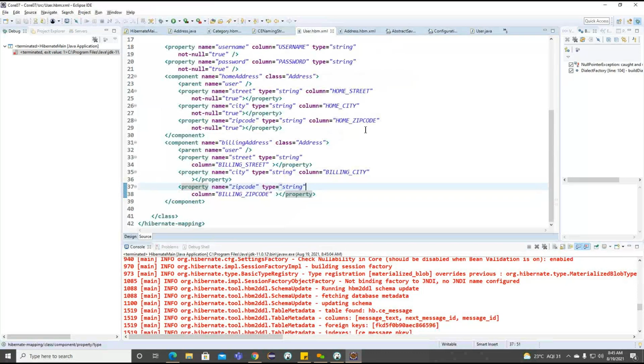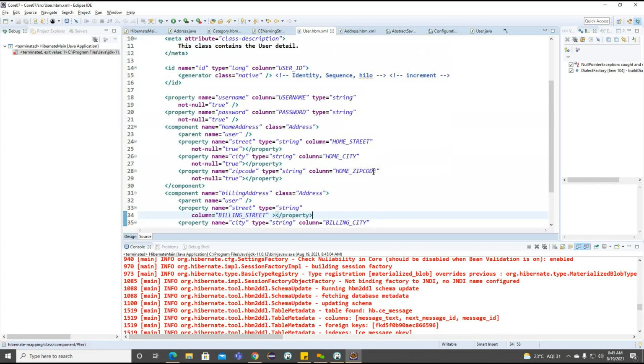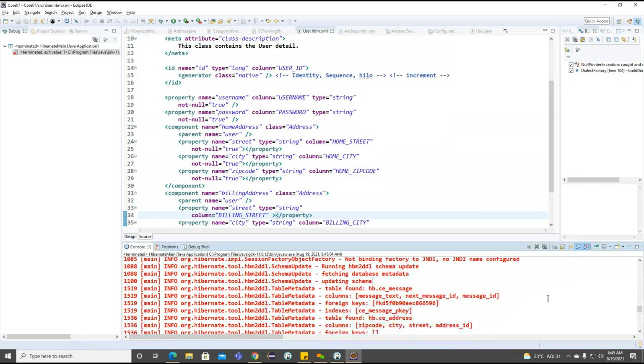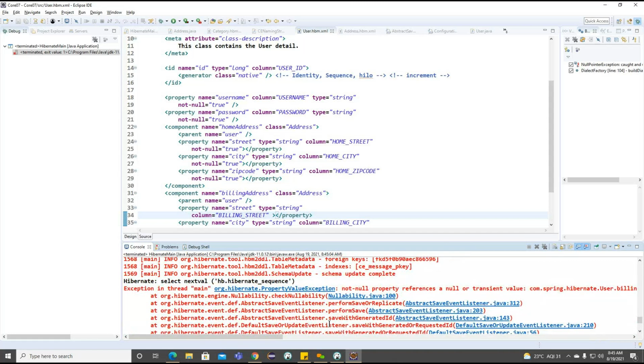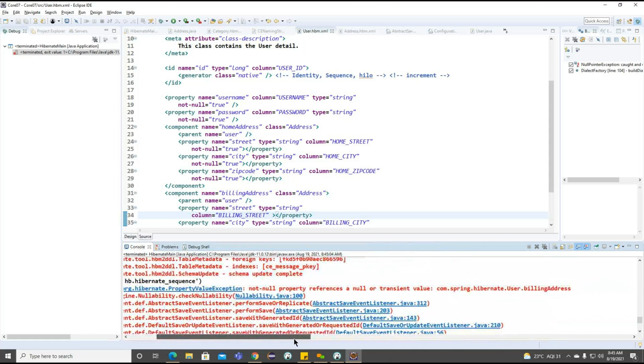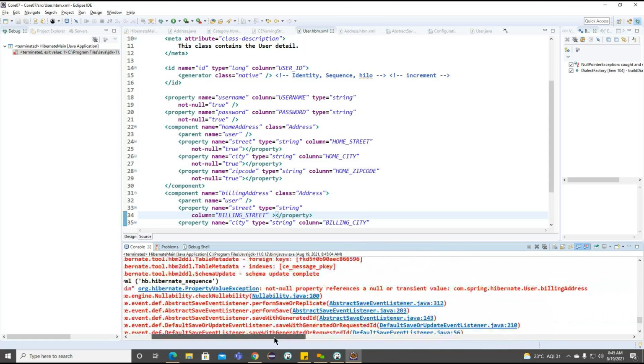Where is our address? User billing address. Nullable billing address.